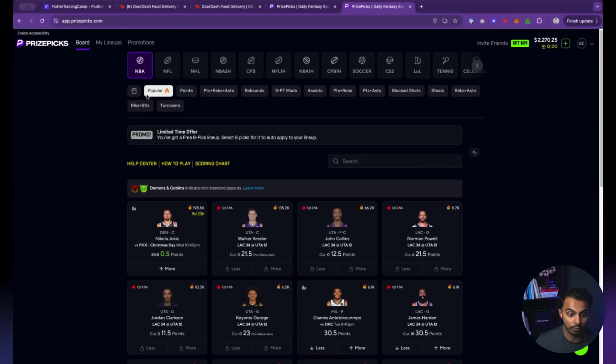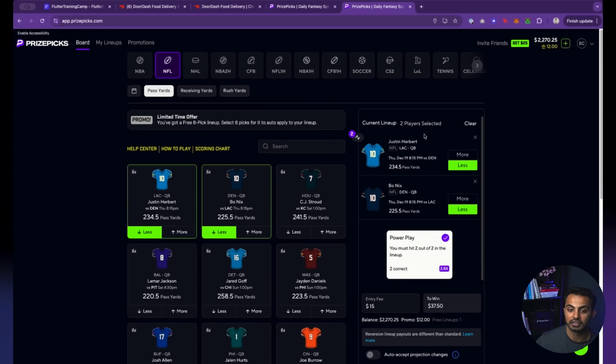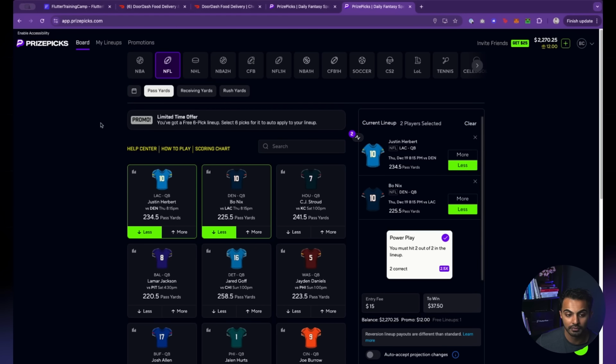So on PrizePicks, here's a perfect example of page state actually. If I click on any one of these selections here, check this out. So I'm building a lineup, but this lineup only exists on this page. If I click on my lineups and then I go back to board, well, they actually have it hooked up to app state. So they're smart because they want people to keep their lineup here.